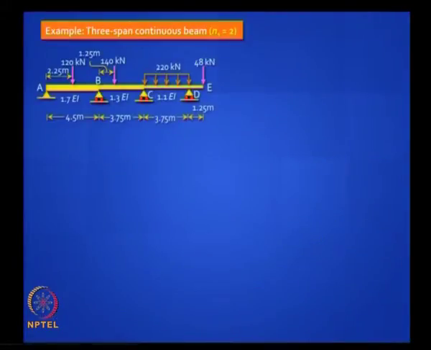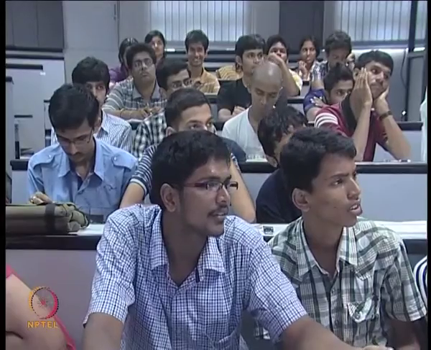I will go quickly over an example which we have done earlier. This is a 3-span continuous beam with a cantilever overhang. This is familiar to you, we have done this? Yeah. Okay, so here what would be a good choice of redundants? What is the degree of indeterminacy here? 2. Which 2 would you choose? Well, you can choose any 2 reactions.